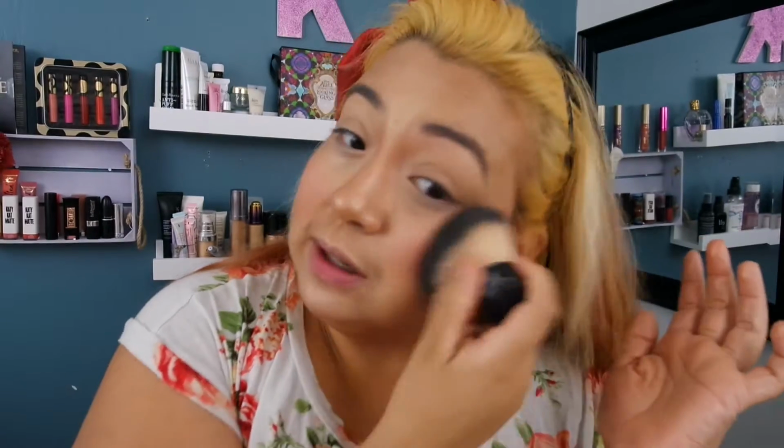With this lighting, it's kind of hard to see if I'm getting it in the right places or even blending it right because, you know, it just goes everywhere. Okay. So now,